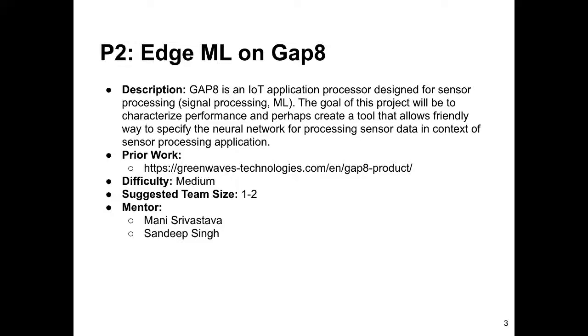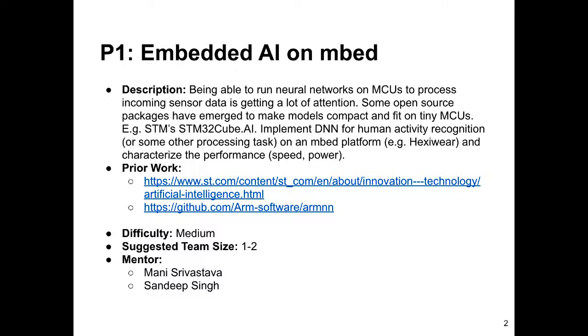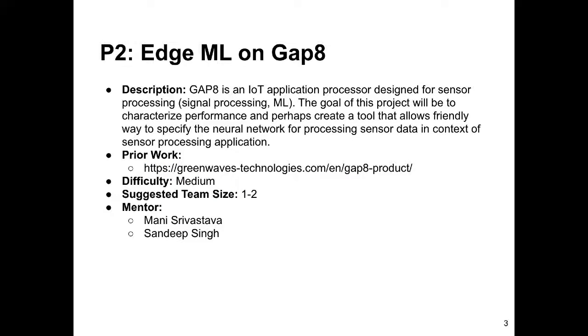edge platforms. So we certainly have the MCU type things from the first project. You can certainly run TensorFlow, which is Google's software for neural networks. It can run on Raspberry Pi, so that can be a second comparison point. A third comparison, then, you obviously have GAP 8. Intel makes a USB stick called Movidius. You can compare against that and compare in multiple dimensions, like how much memory, what's the speed, how does